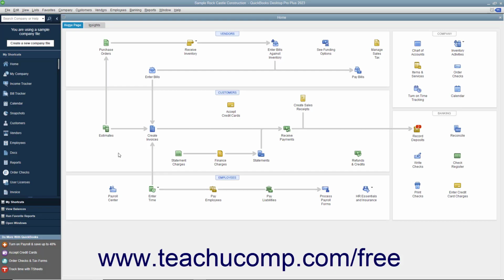www.teachucomp.com/free. When you sell anything for your company, you have to fill out one of the sales forms in QuickBooks. The sales form you use depends on whether you expect payment in the future or at the time of sale. If you expect to be paid in the future, you will fill out an invoice for the sale. Later on, you will match the customer payment you receive to the associated invoice. However, if you take full payment at the time of sale, you will instead fill out a sales receipt to